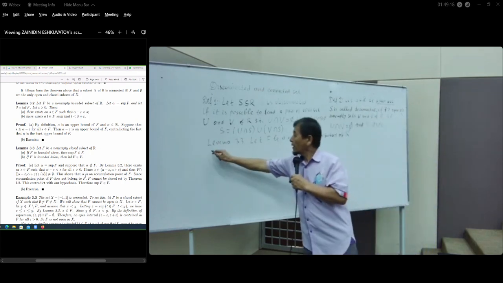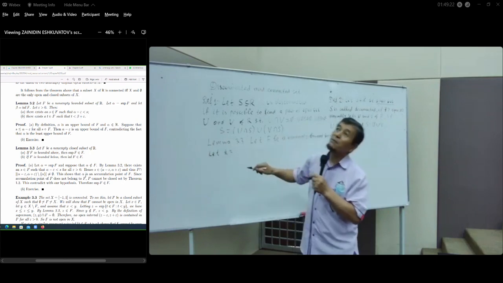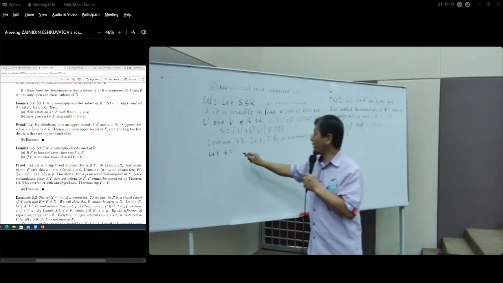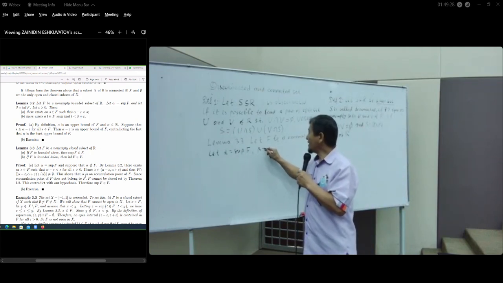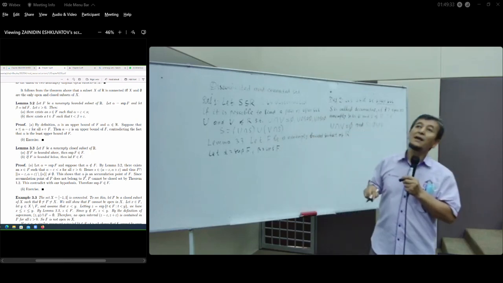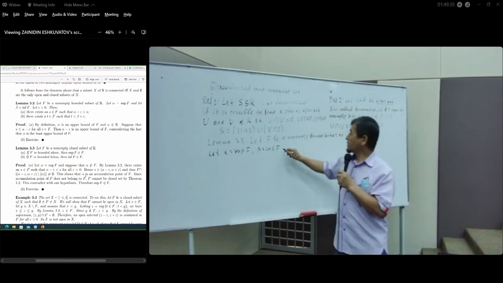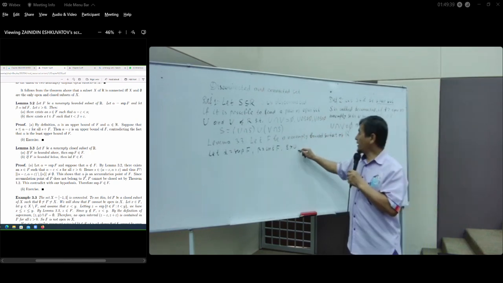And let alpha be the supremum of F, and beta the infimum of F, and epsilon a positive number. Then